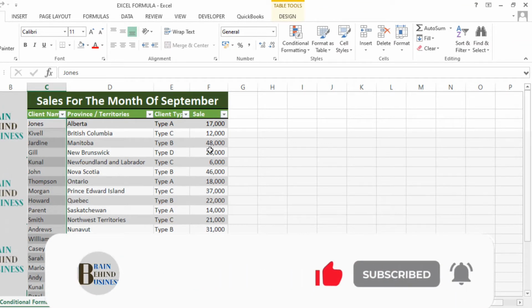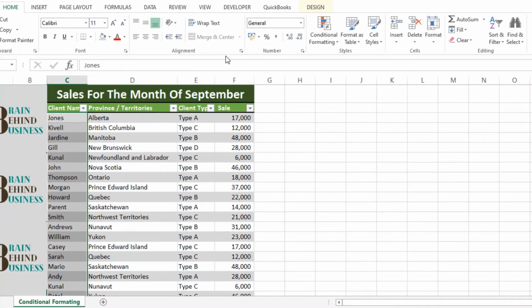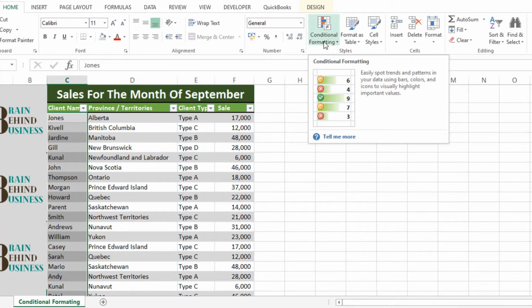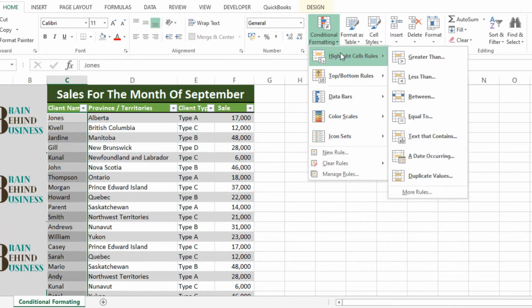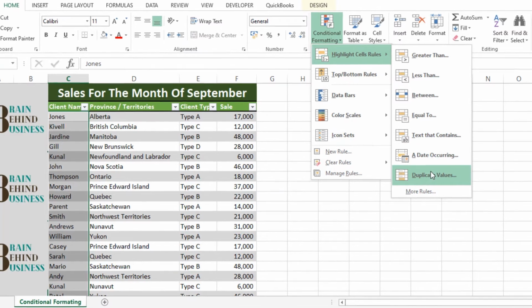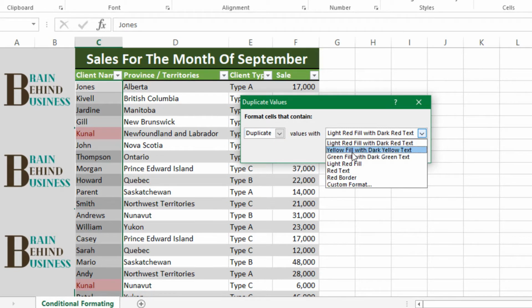As you can see, we have selected our range where we want to use conditional formatting, and then we can go under Home, Conditional Formatting. Then as you can see, there are many options which we can use, and now we will use duplicate values, and it will tell you duplicate values. It has highlighted those with this condition, and you can change it if you want a different color like yellow and light red, or maybe green fill.